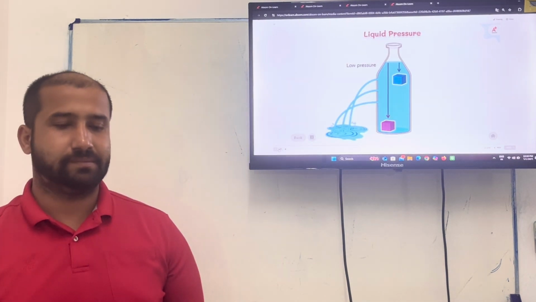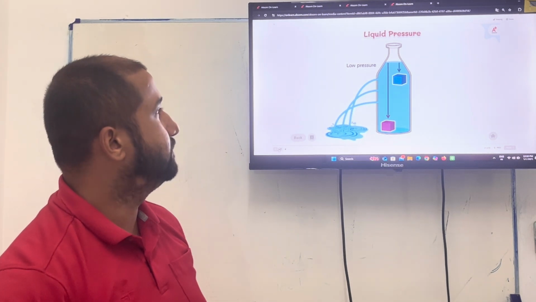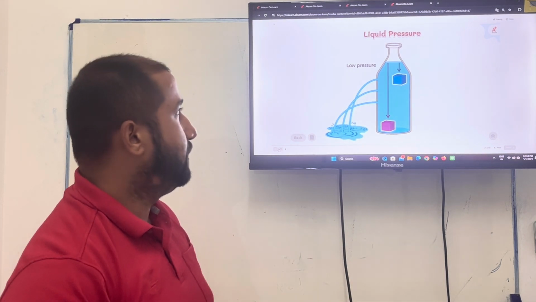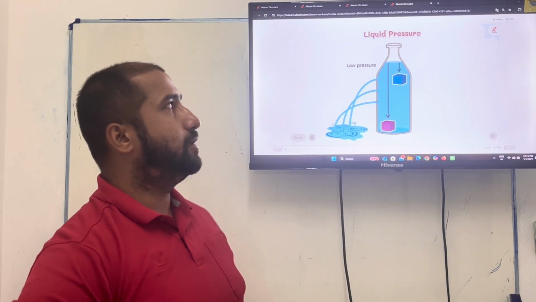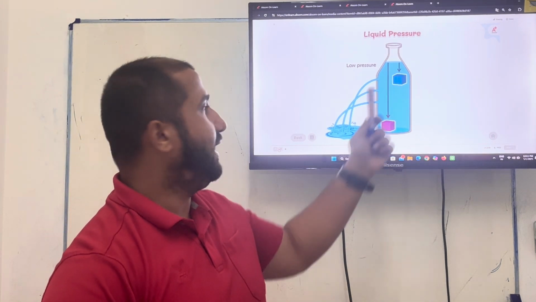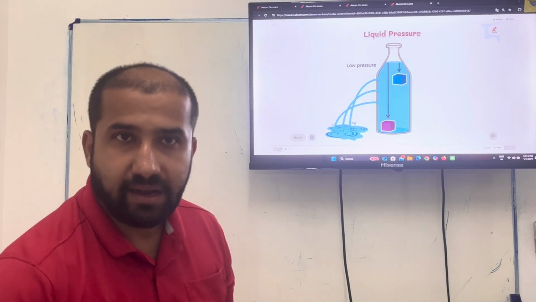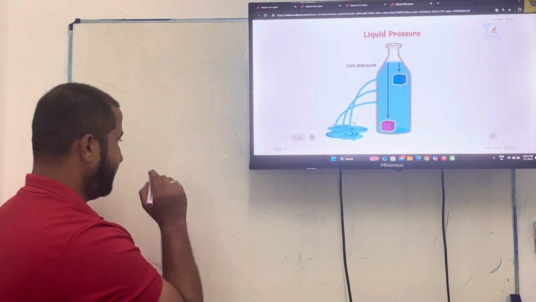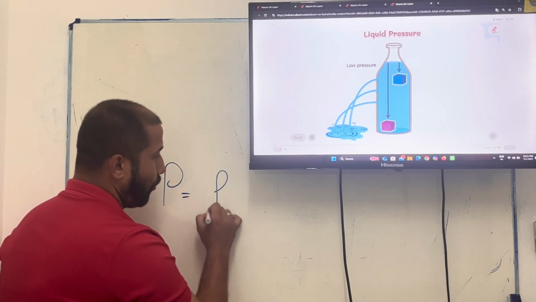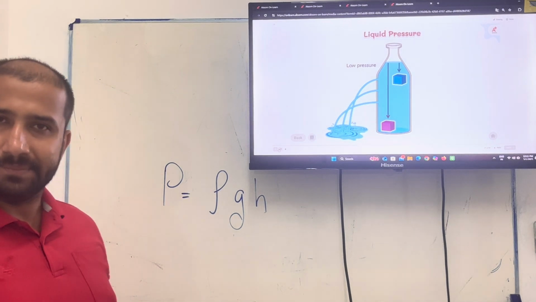Now, what do you observe in this picture? There are 2 objects in this picture. One, the blue color cube, is at a lower depth, and the pink color cube is at the higher depth. Now, what is the formula for liquid pressure? P is equal to rho g h, right? Now,